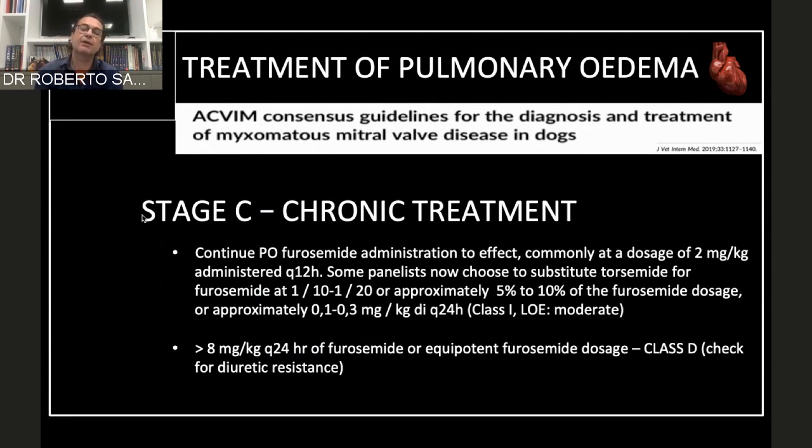So the guideline right now is still not suggesting torsemide as first-line treatment, and together I can show you something that maybe in the future we can also think about this possibility. And we will talk a lot about torsemide, this new drug that can be used in dogs, and so we will also see about dosages and timing. And when the amount of furosemide per day is more than 8 mg per kg, or an equipotent dose of other loop diuretics, this is